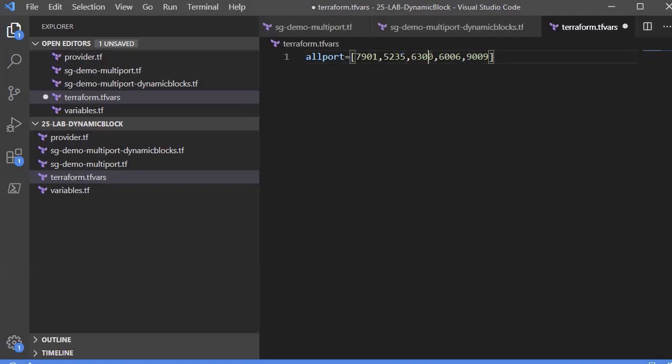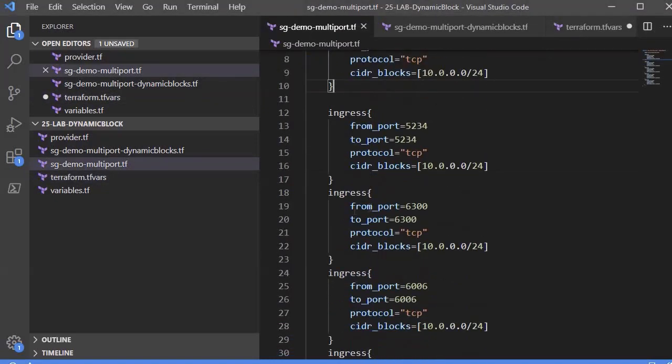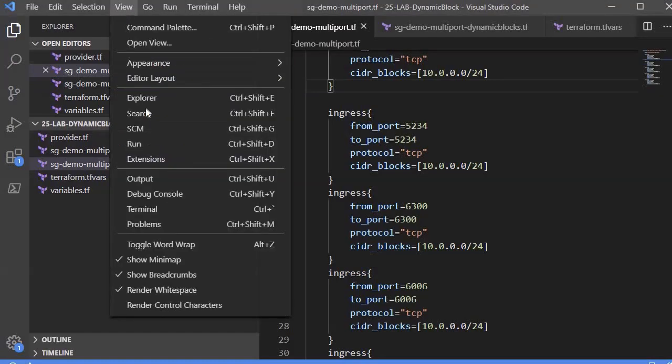So let's change something, and over here I will mention 7. So these are the port numbers we are allowing within the security group with the help of dynamic block, and these are the port numbers we are allowing without dynamic block. So let's run it. First of all, save it. To run it, we need to go to View,